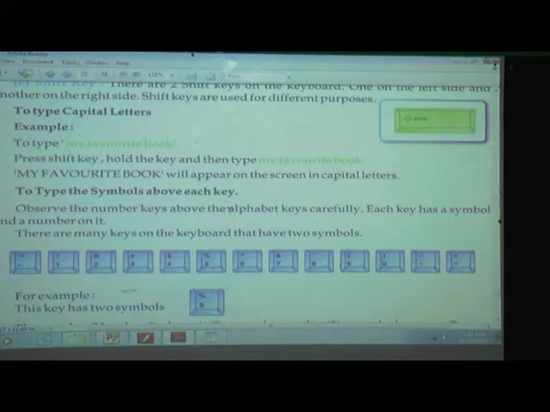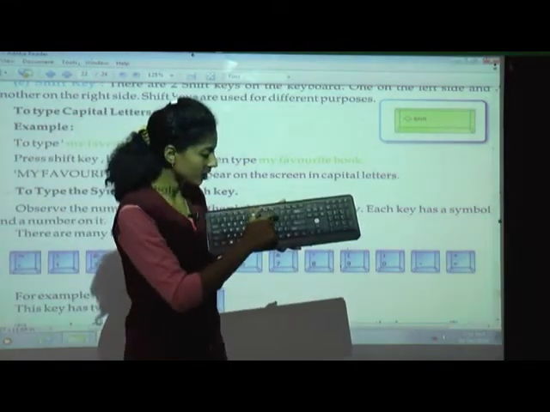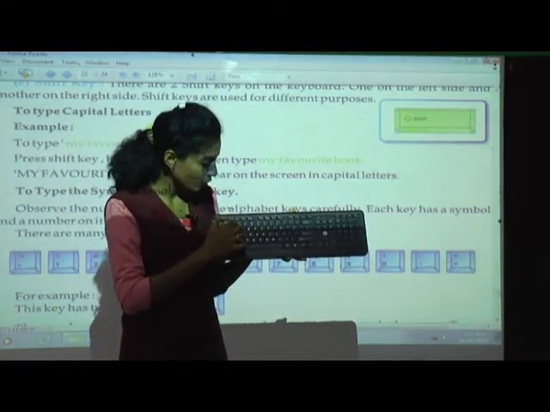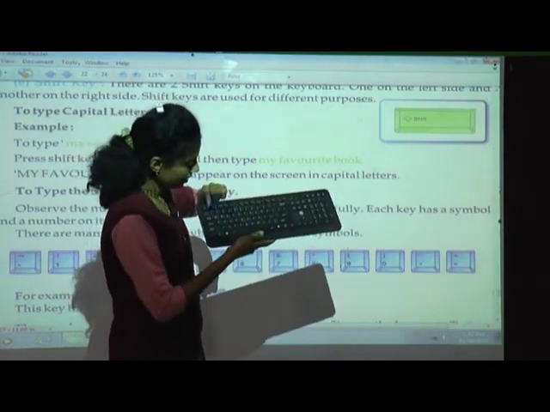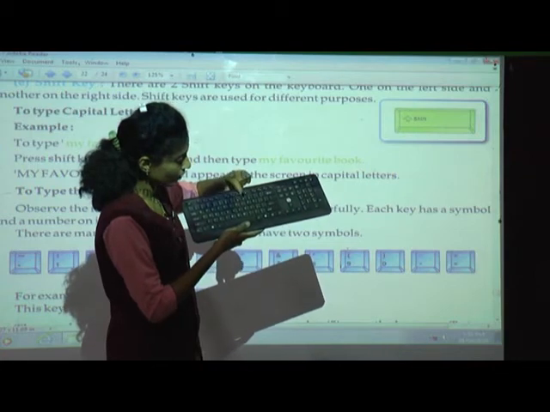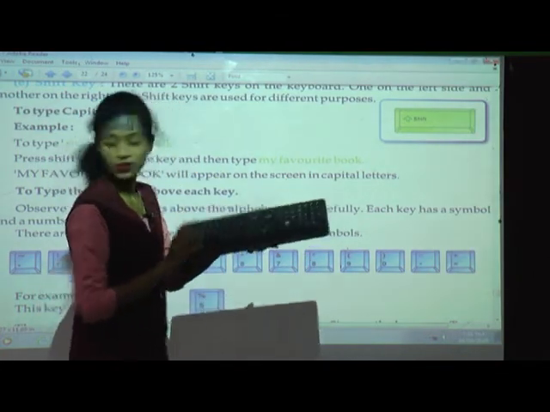Number keys are on two sides: above the alphabet keys and near the arrow keys. When you see this number key, there is one symbol on the upper side. You can see these symbols. When I press this, see here.